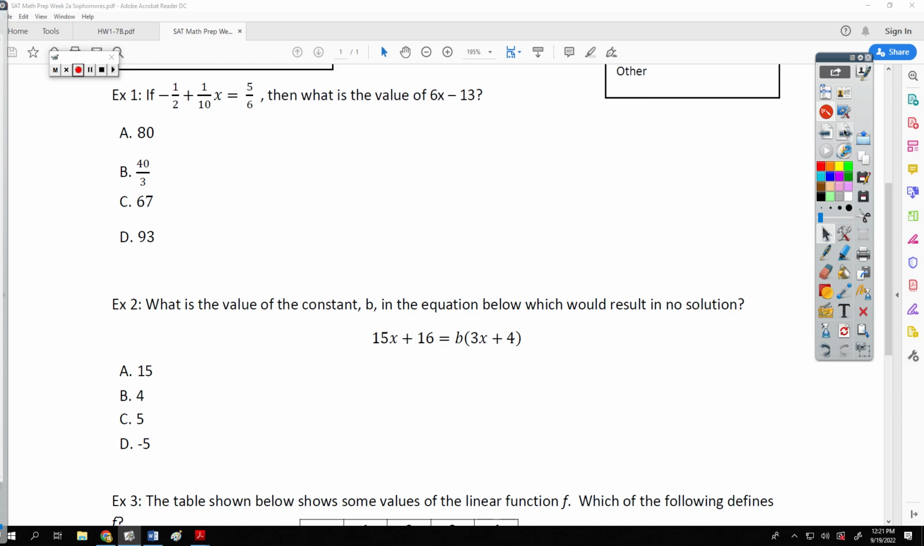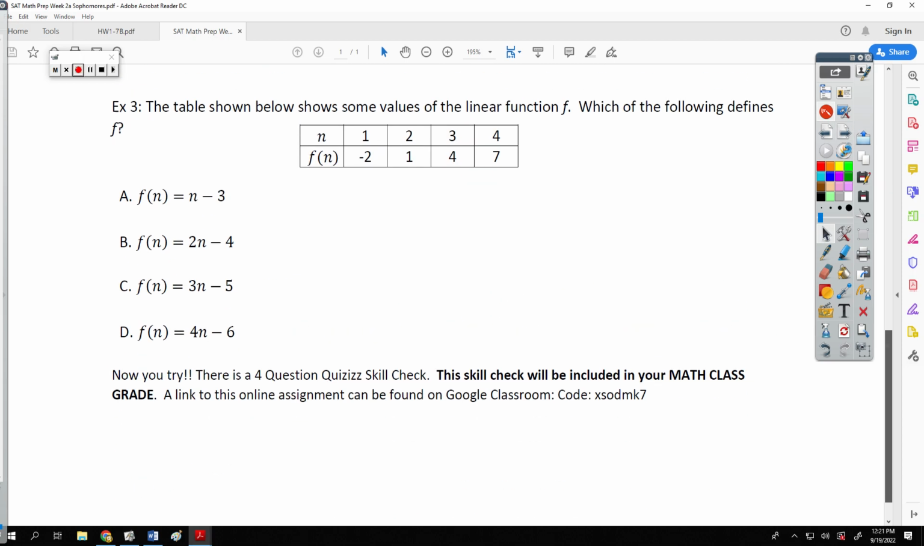Our third and final example today is a little bit different. It says the table shown below shows some values of the linear function f. Which of the following defines f? Now what we should notice is that f is a linear equation. All 4 of those expressions are in slope-intercept form, and all of them have different slopes. The second that we see that these all have different slopes